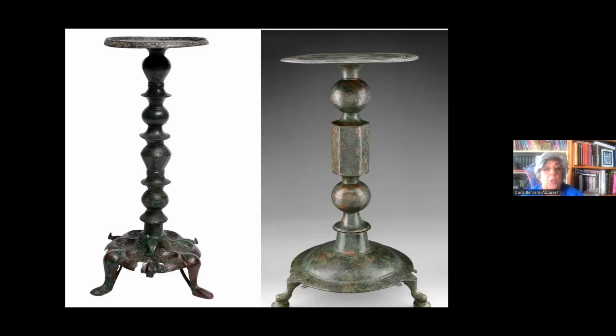Like, for example, here you see two lampstands. The one on the left side is pre-Islamic, it's difficult to date, Roman or Byzantine, and the one on the right-hand side is evidently Fatimid, 10th, 11th, or 12th century. So you see a continuity, a survival with some modification over time. This one does not have Arabic script, but it could have had, and a new design. But basically, it is the same concept. And this is just one example. One could bring several other examples of that kind.